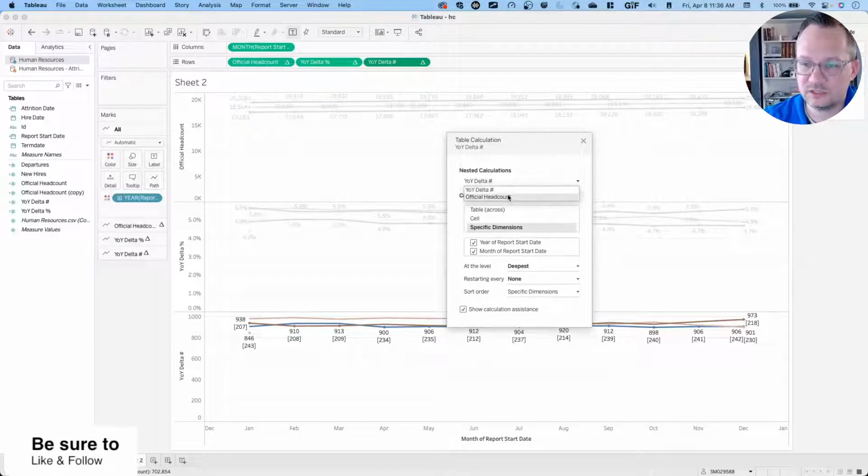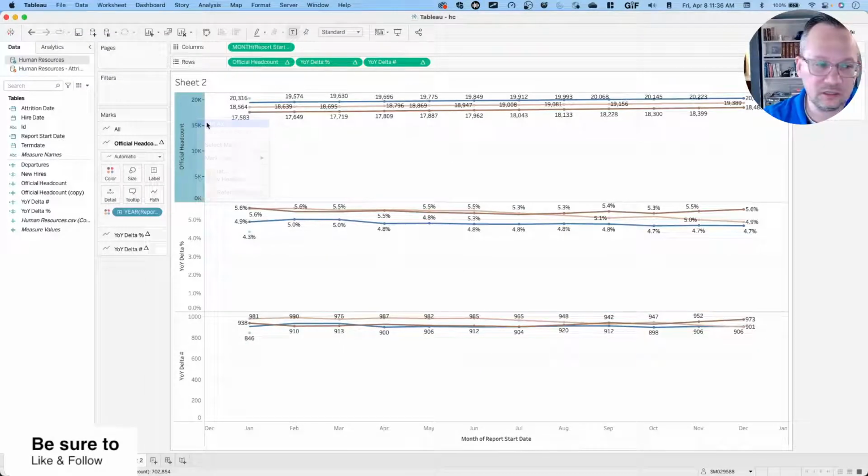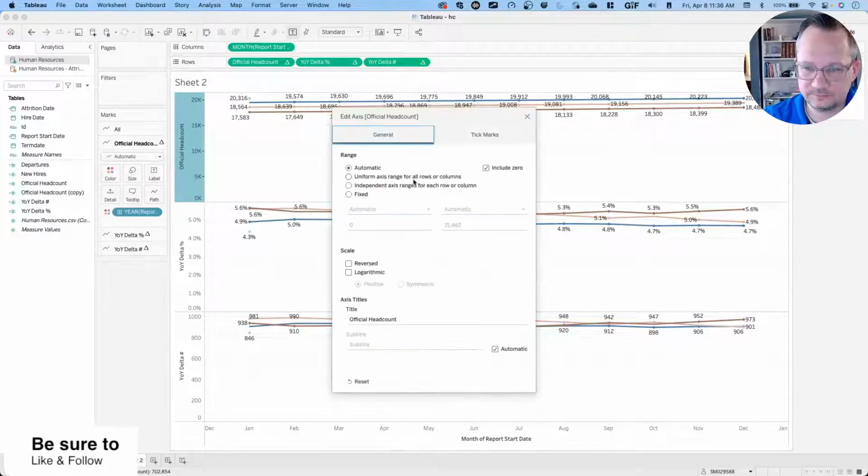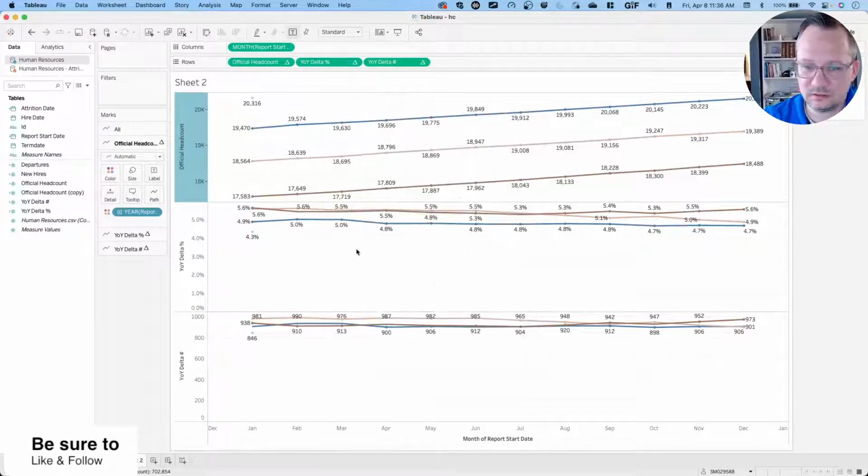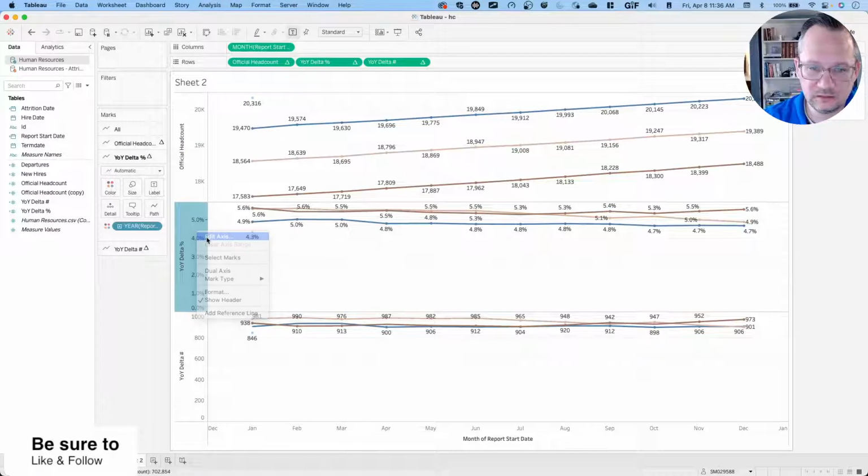So Tableau is matching that across the entire sheet. So that's how that's working. So now we can go, and now if we edit each of our axes, just like we said at the top,